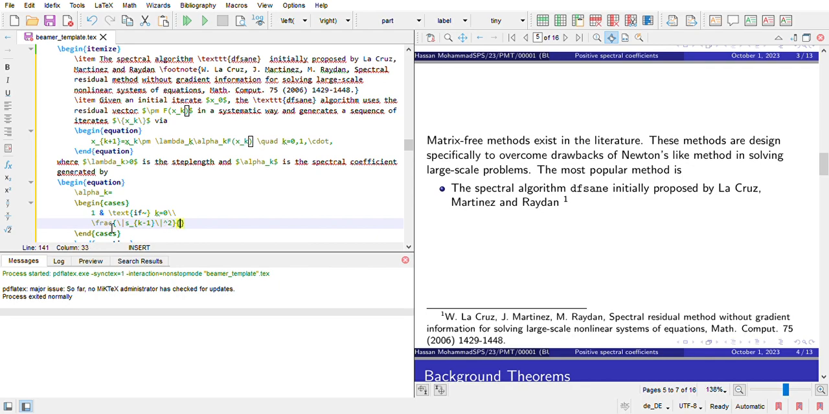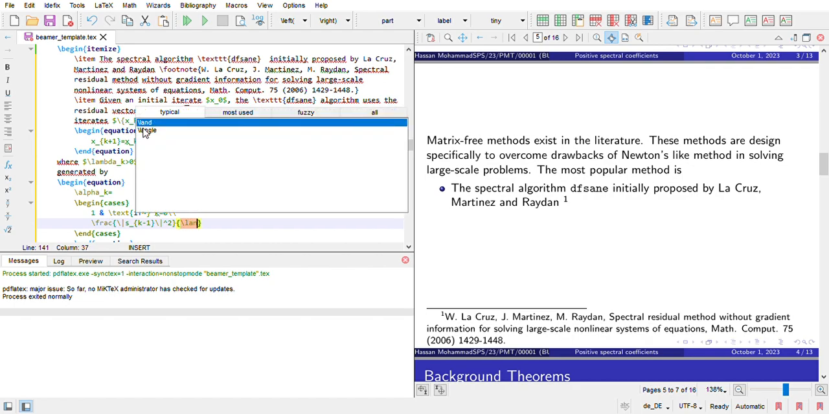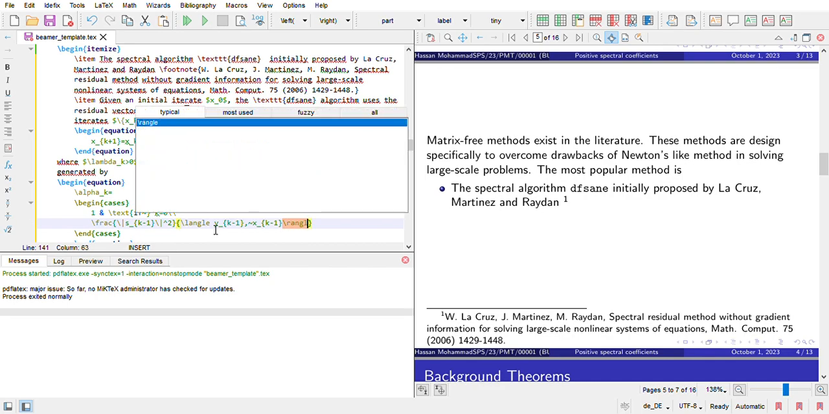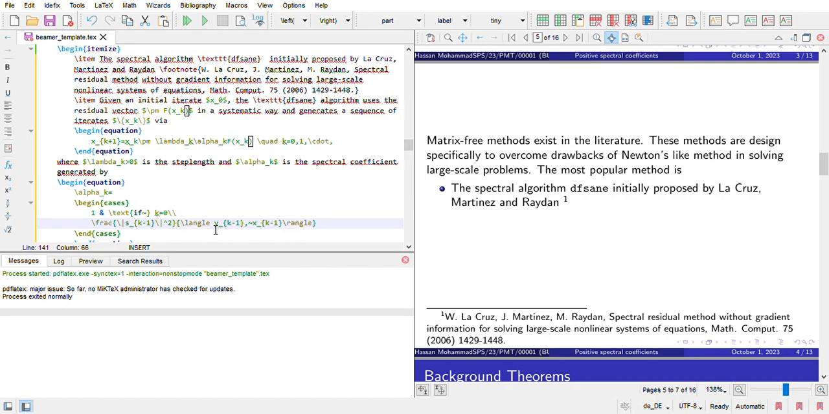Then in the denominator we have the inner product: backslash L angle, and the R angle will be the right closer. So L angle of what? y_{k-1}, comma, then let me put a tilde to put an unbreakable space there, then x_{k-1}, then backslash R angle, which closes the inner product, and then to separate it,